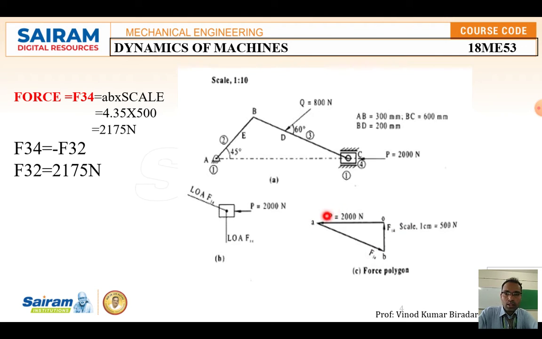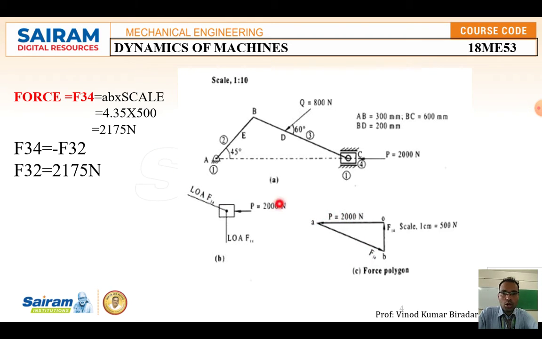We know that the force polygon states what? One force direction in this side means the next force direction should be the next one, that is forward direction. Draw like this. The next force should be drawn next, so it should be a closed one. Such types of diagrams are called what? The force polygon diagram.